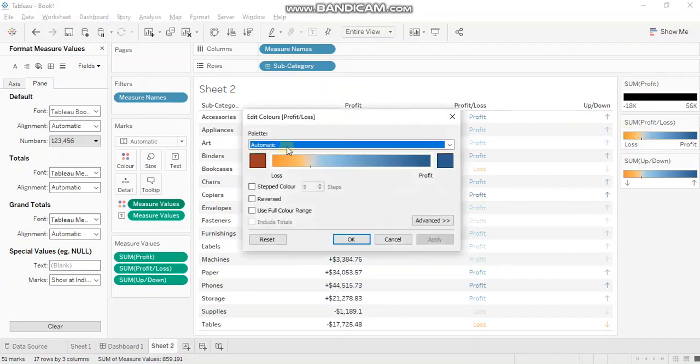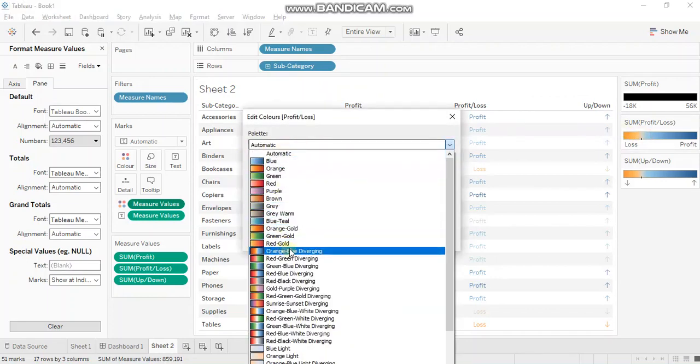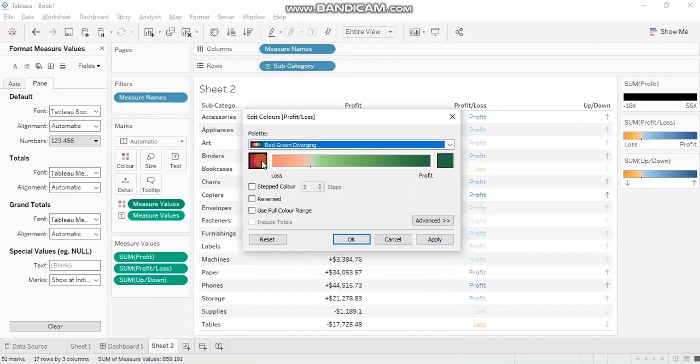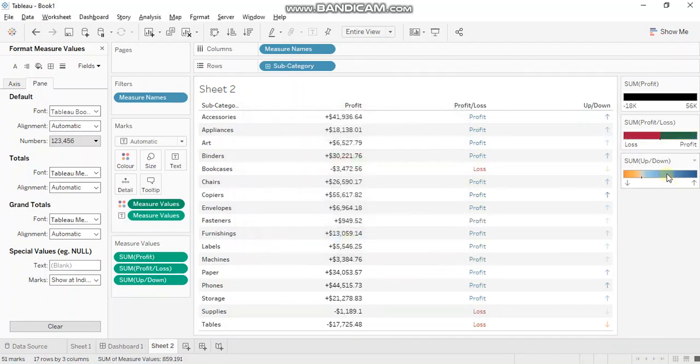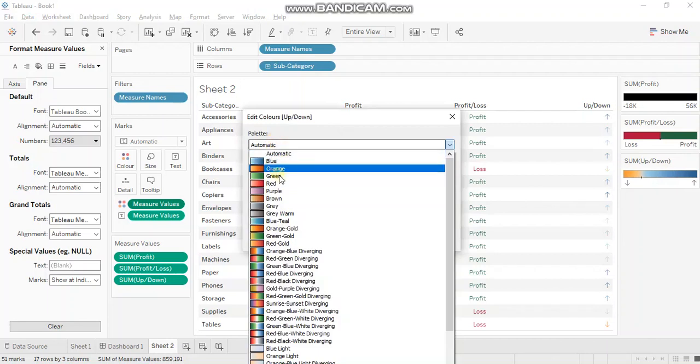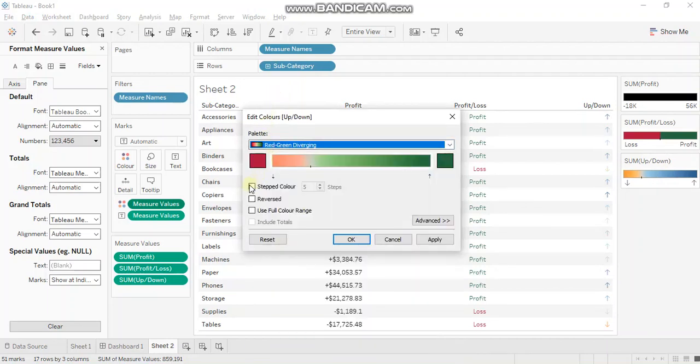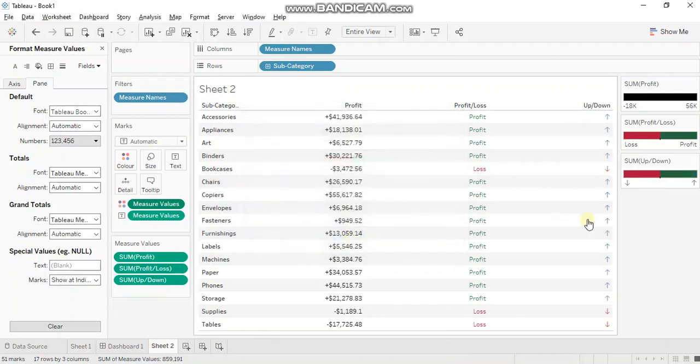And for profit loss, maybe you want to show red and green diverging stepped color, and let's put it to 2 steps. You can change these colors as well. It's totally up to you. And the same for up down arrows we'll do. Alright. So I hope till here the customization is clear to you.